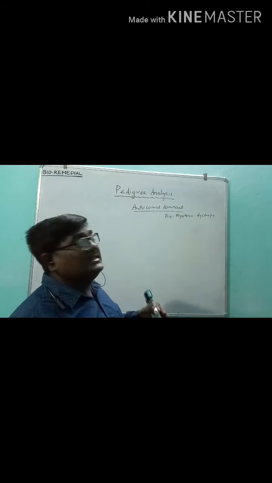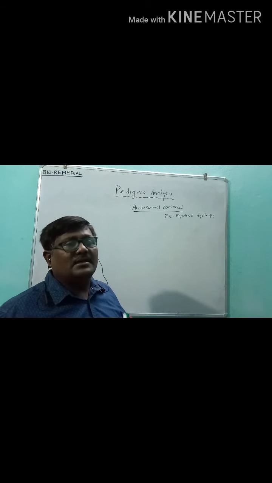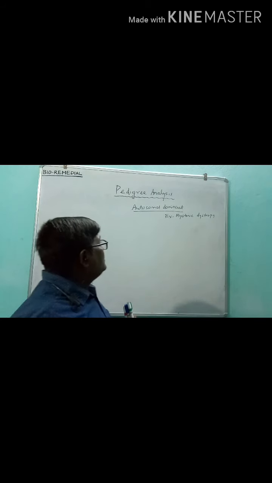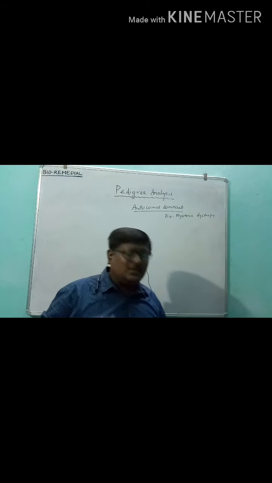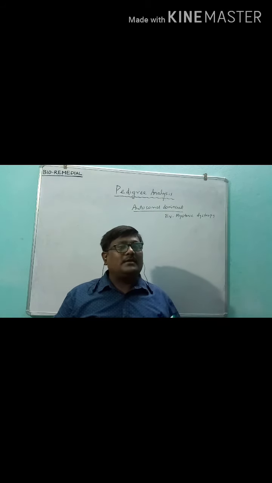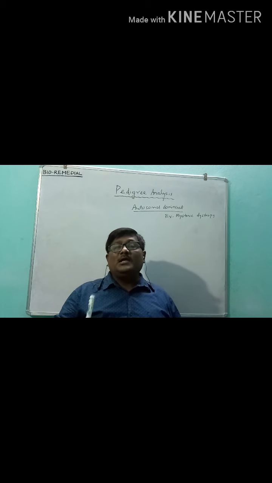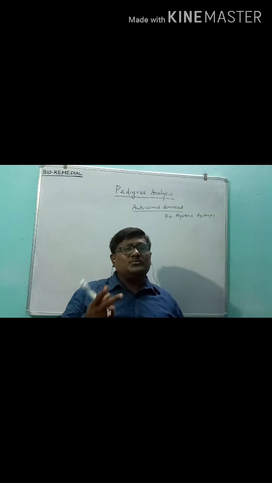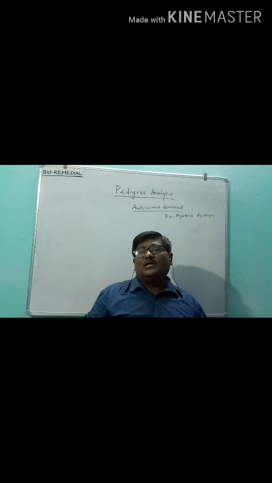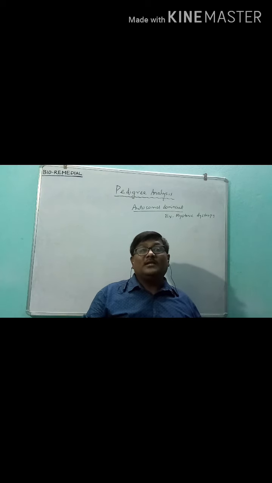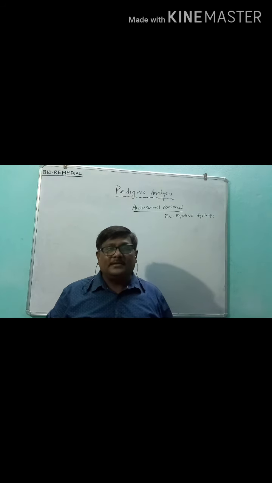So how this disease is transferred in a family generation after generation, we will follow with a pedigree chart. Before that, students, I will explain that dominant traits are always expressed in the heterozygous condition. That means if one defective gene is present in one chromosome, out of the two genes that control a character, the disease will be expressed. That is why it is called a dominant trait.